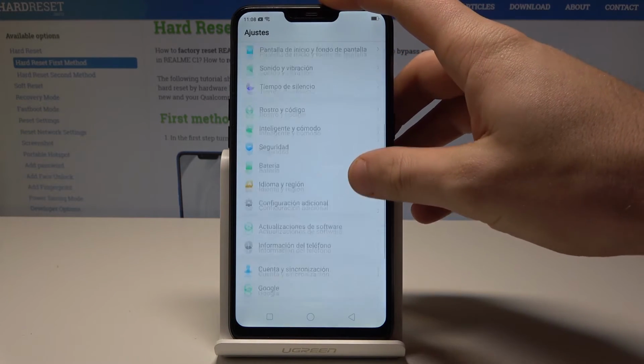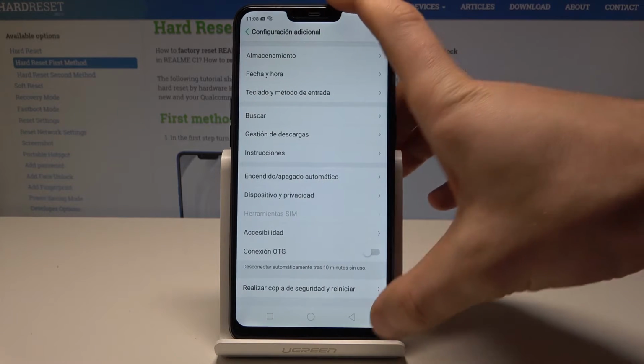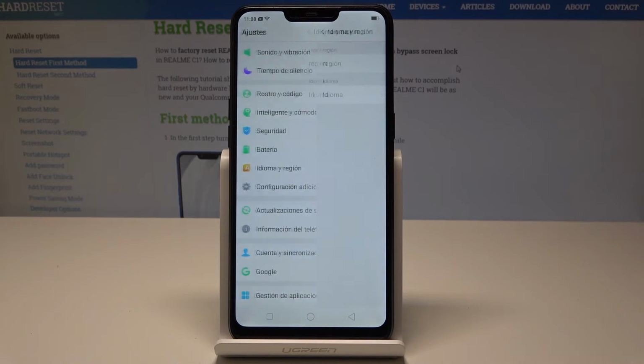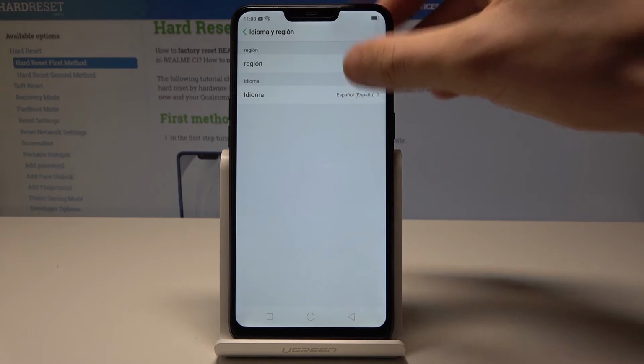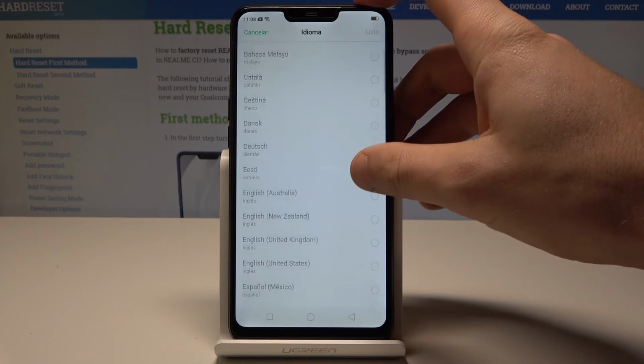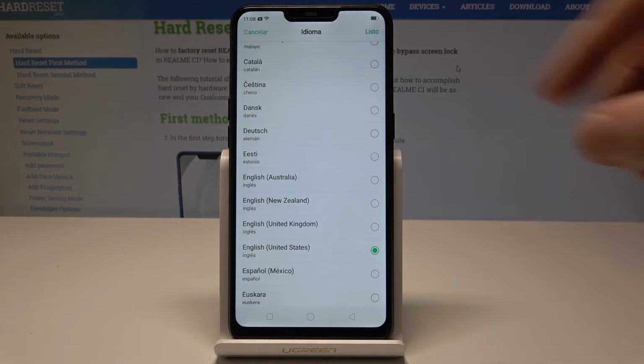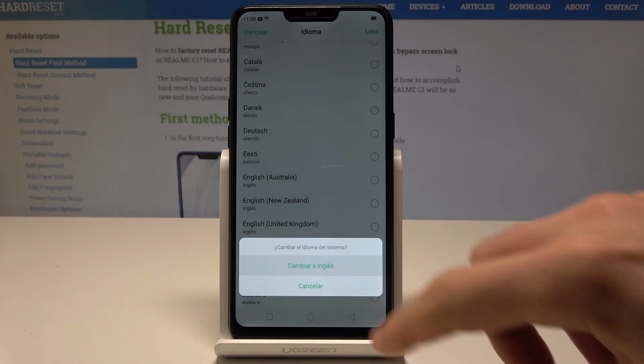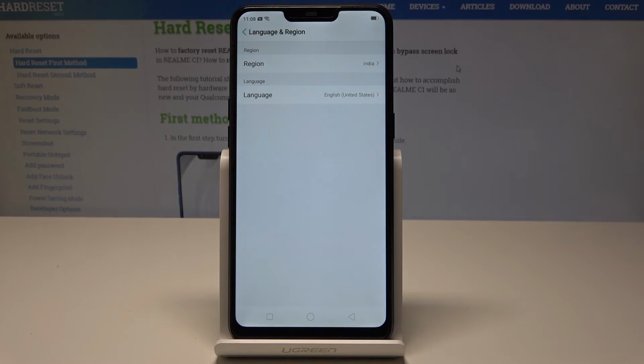scroll down and select here Configuración Adicional, let's choose Idioma y Región right here. Let's tap Idioma again and let's choose English, for instance, from United States. So that's it. Tap now Listo and Cambiar a Inglés, and now you can use the English version of your